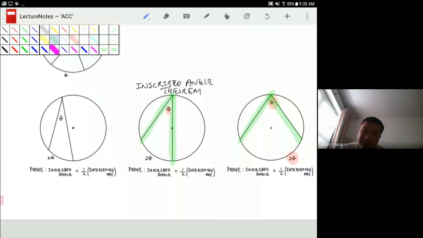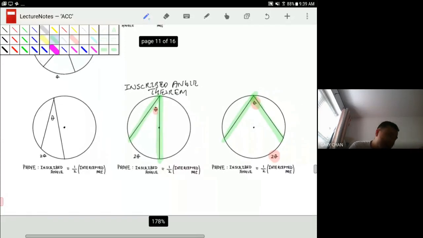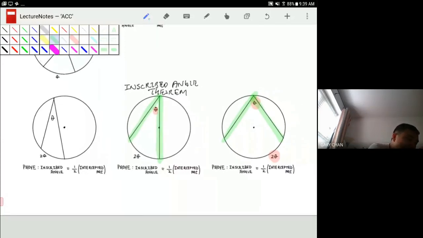Anyhow, this right here is something that's going to be on the Regents, but they're not going to ask you to recreate it. You will, at the very least, be expected to know how to apply it. All right, I'm going to stop recording just because that concludes this proof. Again, what I'm going to do